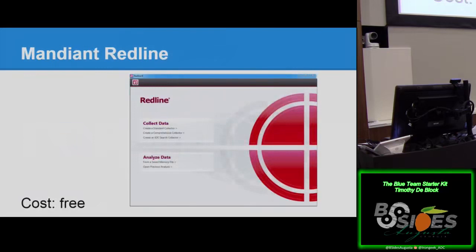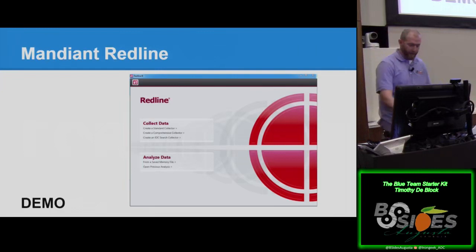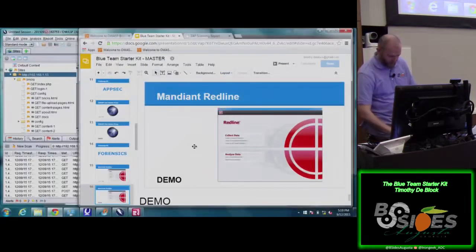So I use Mandiant Redline. Another tool is Volatility. I haven't used Volatility, so I can't really speak to it, but a lot of people talk about that quite a bit. And the cost for Mandiant Redline is free, so Mandiant has released this tool for free. Tim Crothers, who spoke two sessions before this one, gave a talk last year at this event, BSides Augusta, on this tool, and he went more in depth. So I would recommend watching that if you're interested in it. Now we'll go back to the demo.